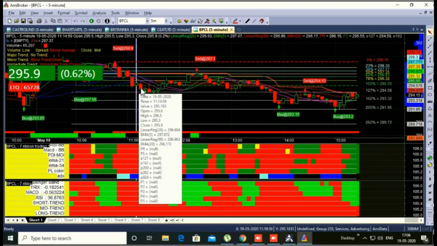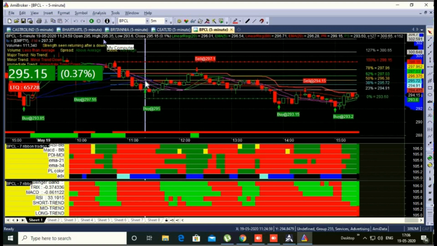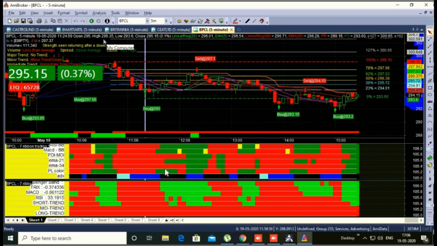Okay, like on this candle or on the next 2 or 3 candles exit on this 295, no, actually on 294. Again on the next candle here, your target will be achieved on this candle, immediately exit on 293.6. You can see. Yes, just make it 3 rupees, 1% only, and take exit immediately.